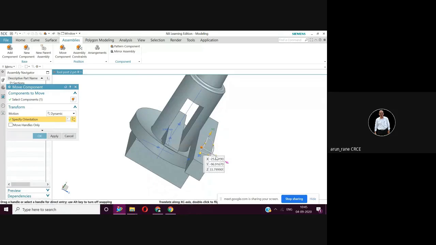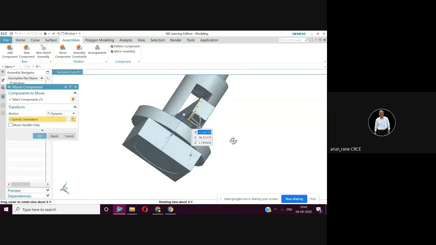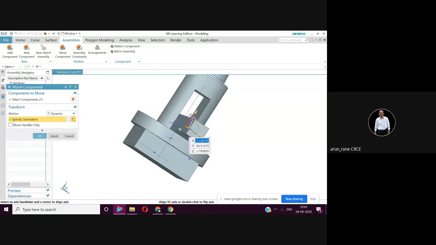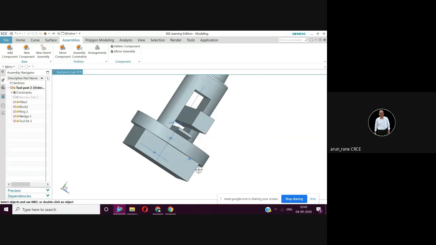I'm not able to select this purple color properly. The arrow has come. Okay. We'll move it a little up too. We'll move it a little up. Yeah. Now I'll say OK.